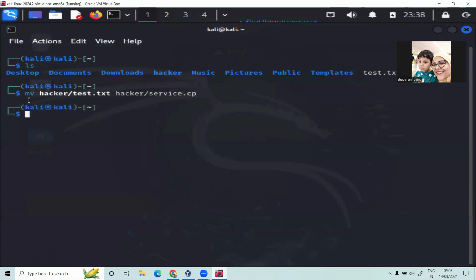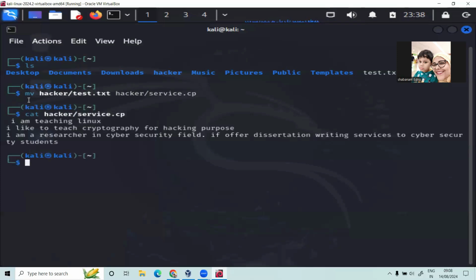It has been changed. Now if I want to see what is inside service.cp, I will use cat hacker service.cp. Attackers usually change the extension of important files to hide the details of sensitive information.